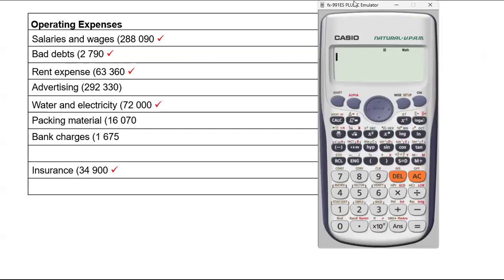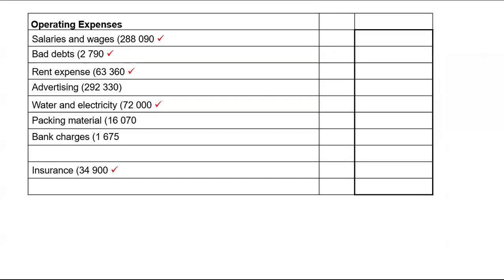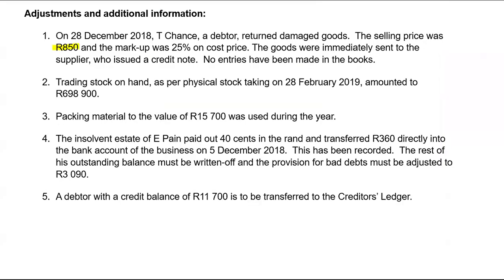You'll realize that our packing material in our statement of profit or loss has been recorded as 16,070. That 16,070 represents packing materials that we purchased for the year. But of that 16,070, we've only used 15,700,